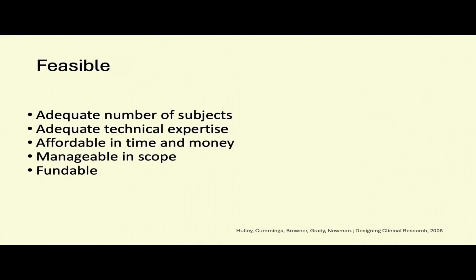So if you're going to do an RCT, you need to make sure that you are in a situation where you can enroll an adequate number of subjects, or similarly, for a prospective observational study, you need to make sure you have the relevant technical expertise as part of your team, that what you're proposing to do is commensurate with the type of resourcing that you have, both in time and money, something that's manageable in scope